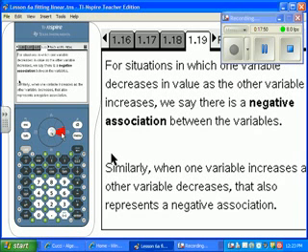You might also see it written as association. I don't use that term, and I don't think the Regents exam will either. So the word I prefer that you know is correlation. Does anybody know when we're dealing with correlation, what numbers we go between? 1 and